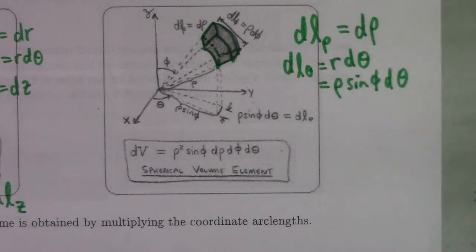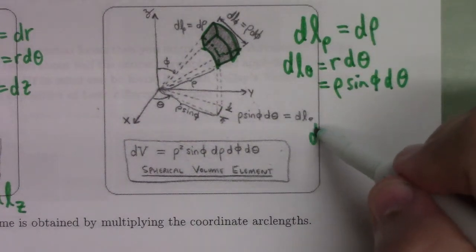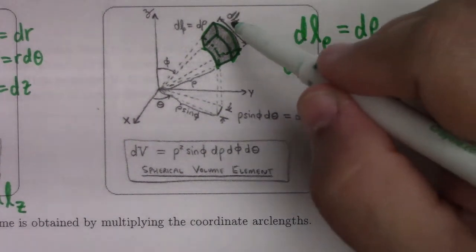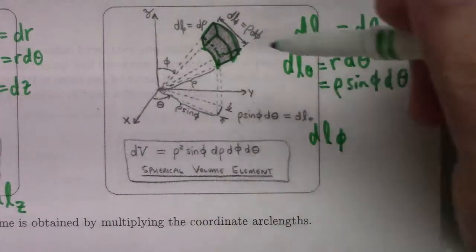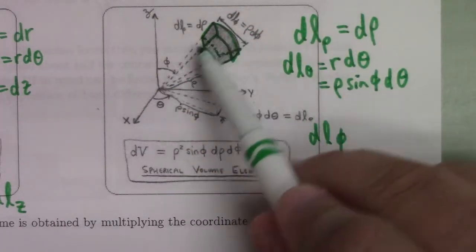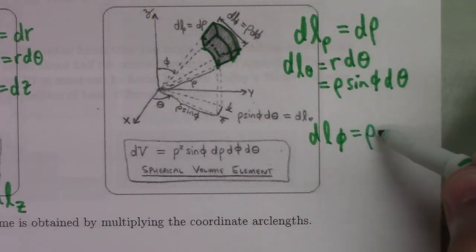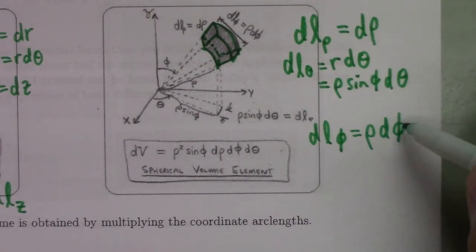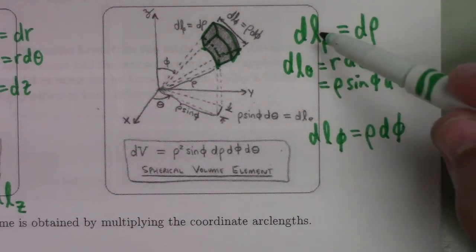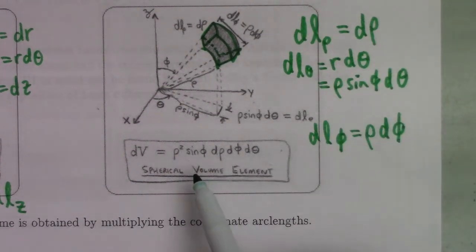And then dl phi is swinging off the z-axis, so there you're rotating by the full radius rho, so you get rho d phi for that one. And when you multiply dl rho by dl theta by dl phi, you get exactly